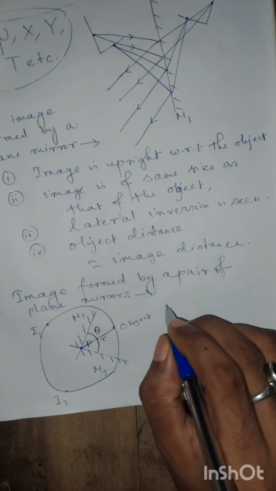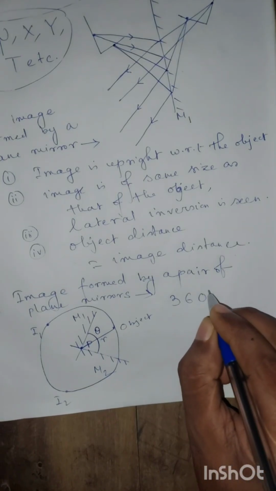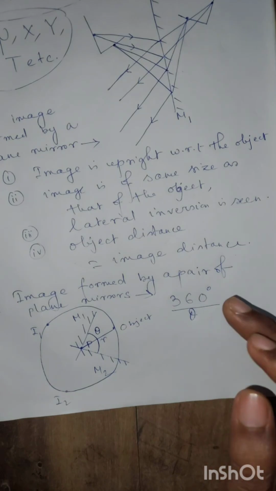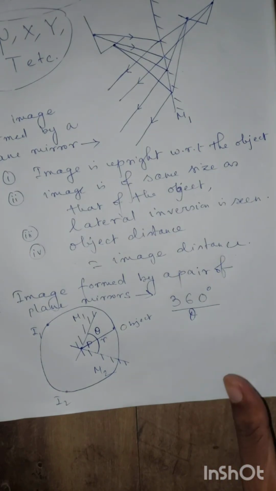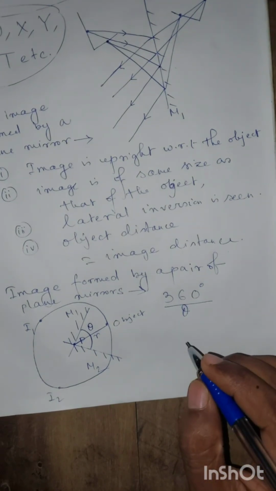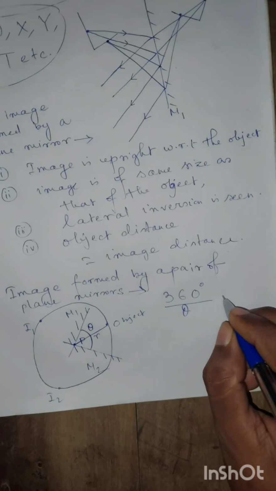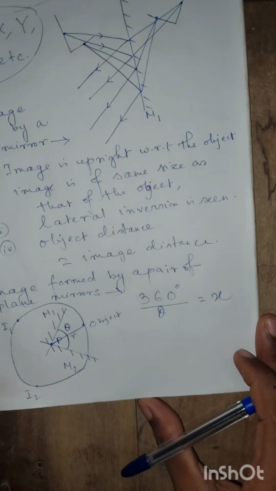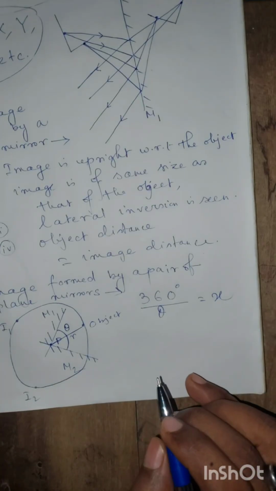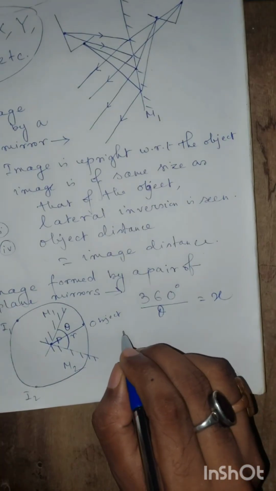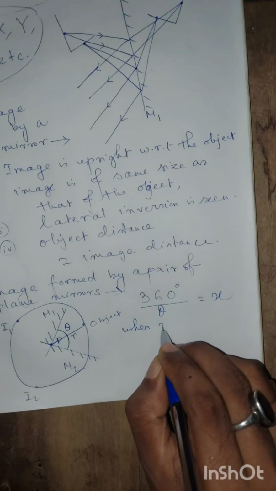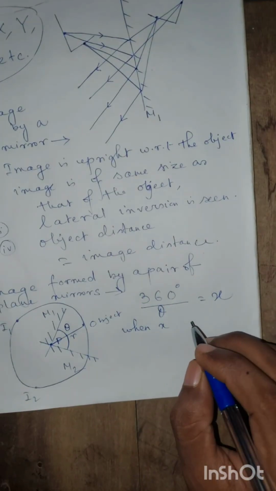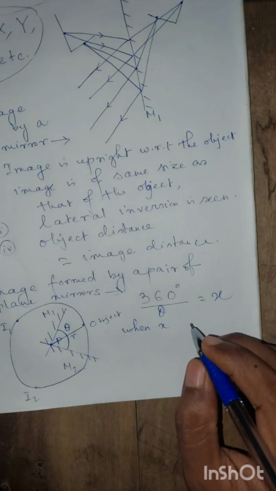Now if we divide 360 degree by theta, we are getting something, which we can represent by x. When x, that means this quantity 360 by theta, is even,